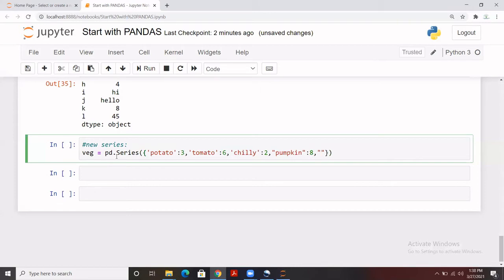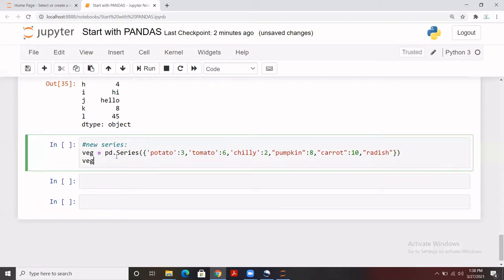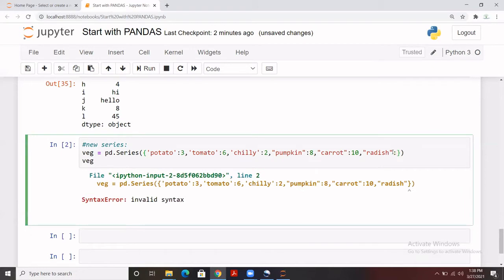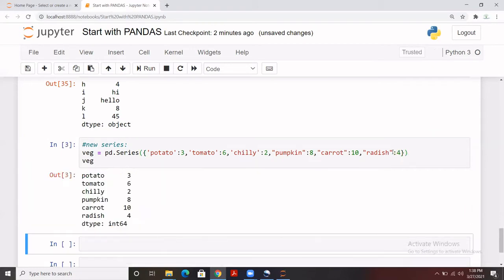Here is, let's say, carrot, and the value is 10, and we have radish. So a big series I have created, and let me call it. Where is the error? Oh, I just need to assign the value to a name as well. Fine. So here we have a few keys and their values, and these are names of the vegetables that we have used for creating this series.